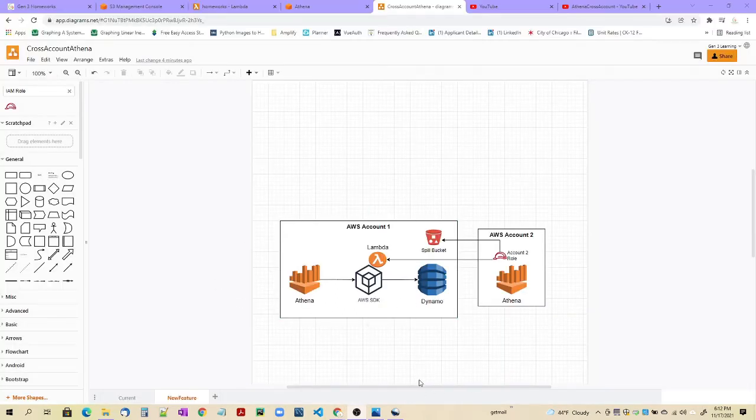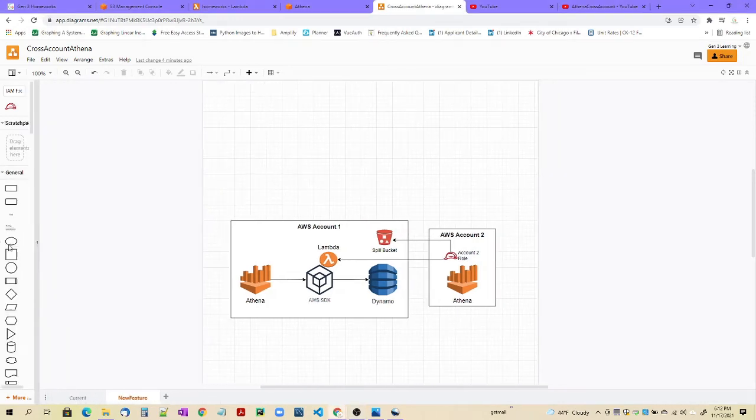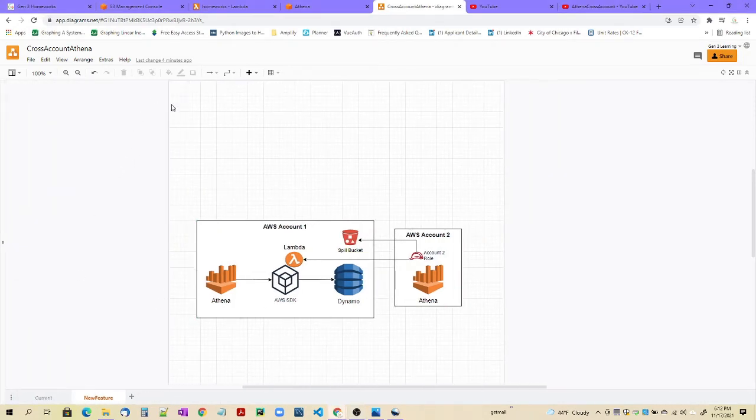So now let's take a look at the complete architecture with the IAM roles in place. If you see this picture, it is just updated with the IAM role and the permissions that were established. In account 2, I'm working under this training user, and this training user is given invoke lambda function permission to the lambda that exists in account 1, which is the lambda that is also running that federated query, and that role is also given permissions